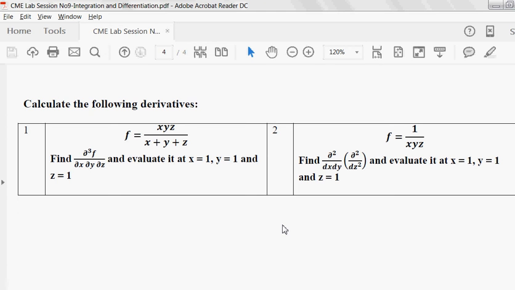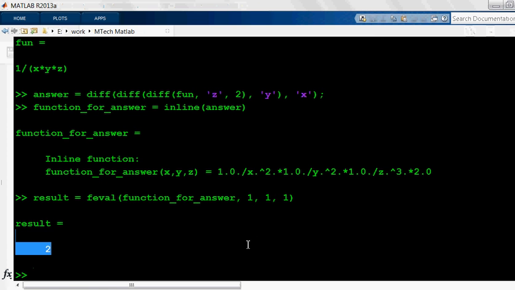The answer is 2. Okay, so I hope you have learned differentiation and integration. Now I think you can solve pretty much most of the problems which have been provided in your CLA MATLAB manual. If in case you have any doubts, you can always mail it to